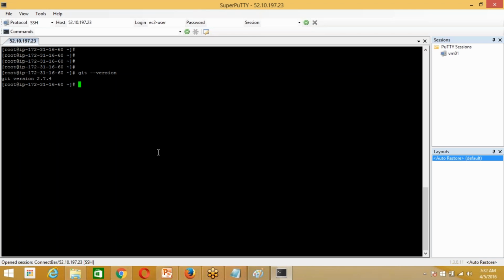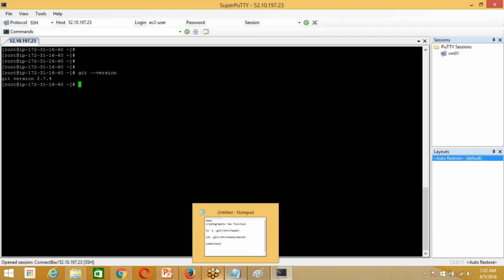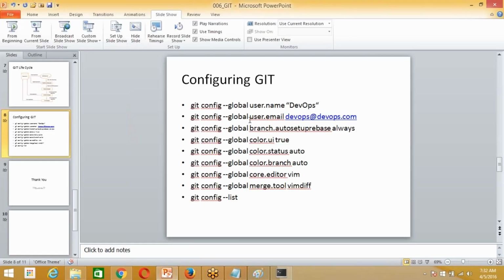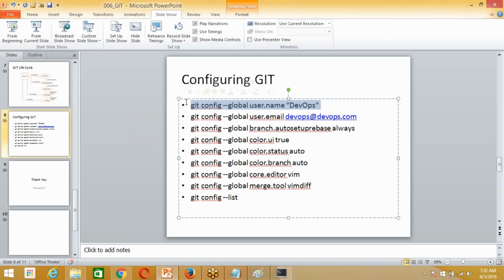Probably for Ubuntu the latest is maybe 1.9, but for Amazon it is 2.7. Then we'll use Amazon only. I've got one more instance, I'll connect to that.